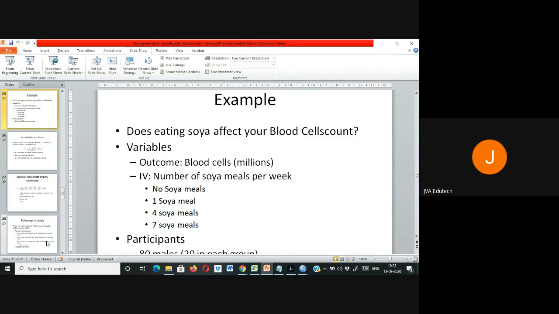And ideally we want to keep only a 5% chance of making the error, because our confidence level is 95% and the error rate is 5%. So we want to keep the error rate at 5%, but if we do the same test repeatedly, it will inflate the error rate, and we want to avoid that.